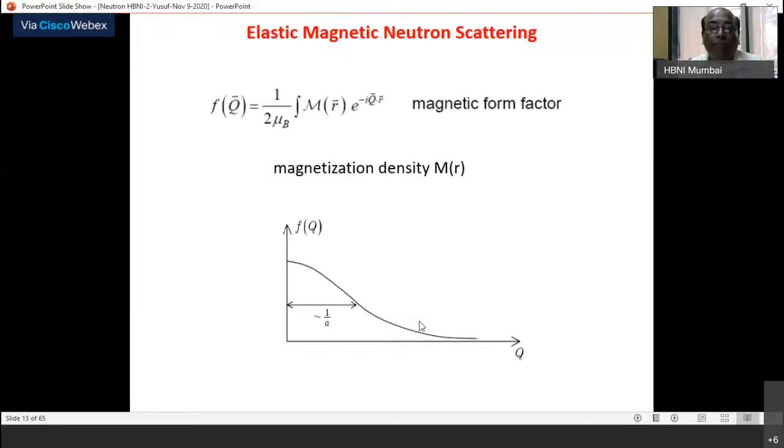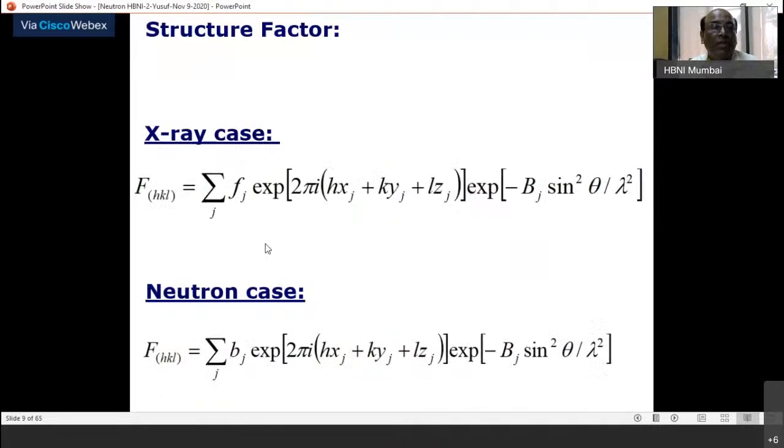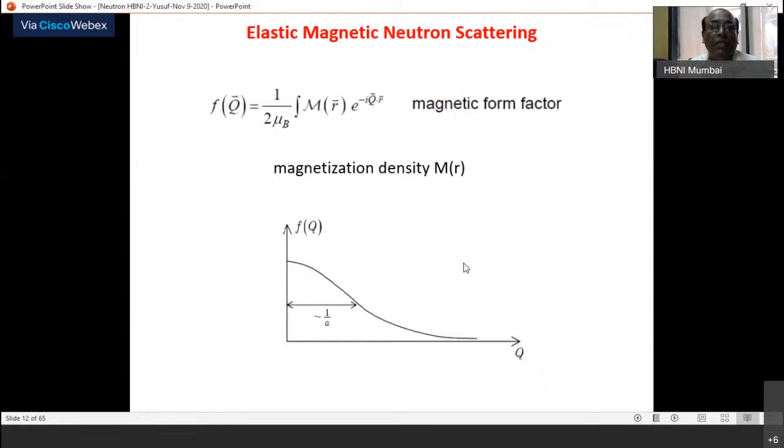This is one of the most promising reasons: the form factor. I again go back to the expression. The form factor is multiplicative. If this is 0, then obviously the structure factor is 0. Then the structure factor mod square is your observed intensity, proportional to that. So that's why when you do neutron diffraction experiment,